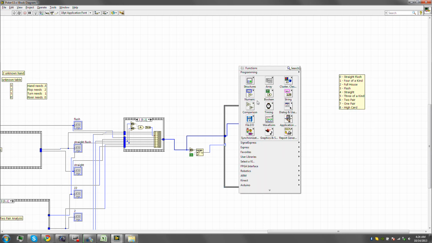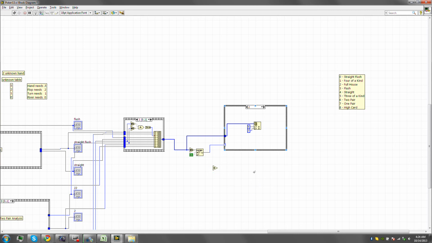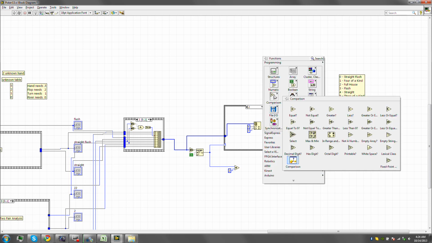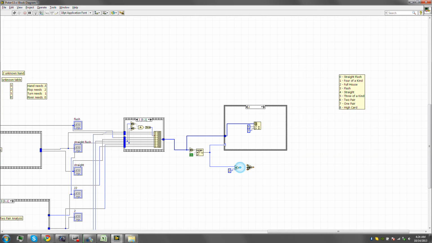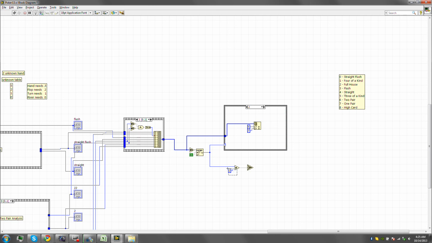So the better thing to do is to run these checks: if this is equal to 2, and then create a true or false, else, basically if it's equal to six,